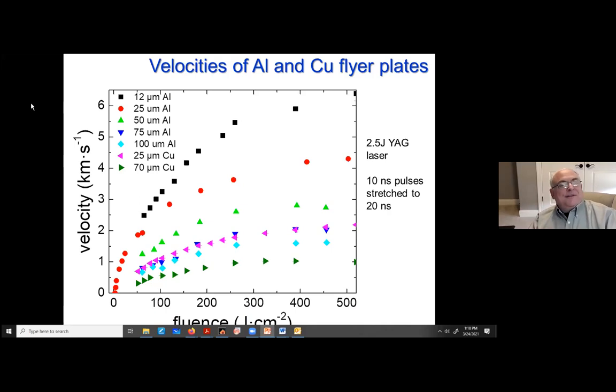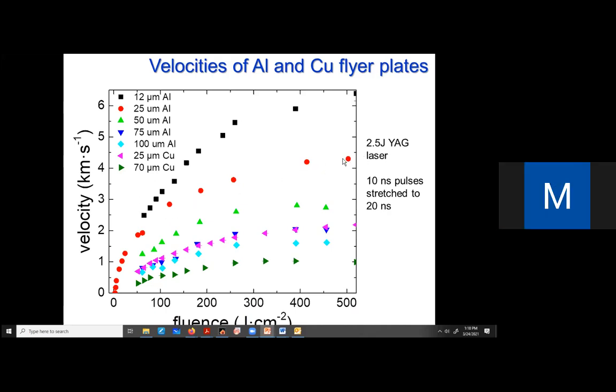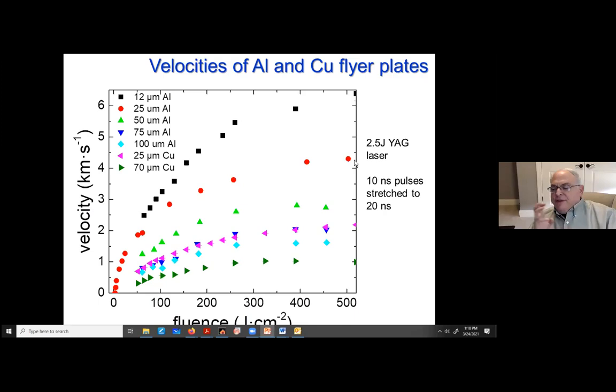But actually, for some reason, we pay 100 times as much for fancy aluminum foil. And you can see that with this aluminum foil, it's possible to get velocities up to about 4.5 kilometers per second. Now, the laser only has a certain amount of energy. If you use a very thin foil, you can make it go faster. If you use thicker foils or denser materials like copper, it'll go slower. So this is a little table of what you can achieve.